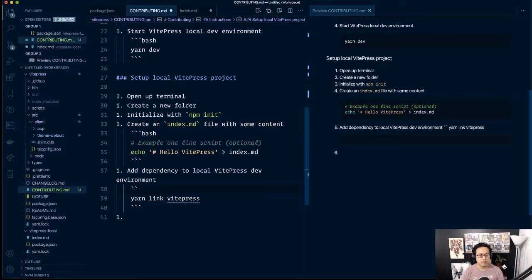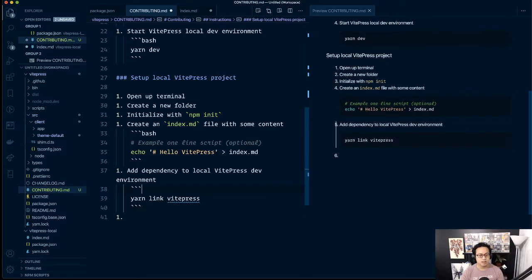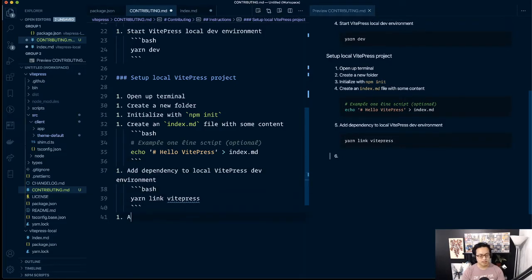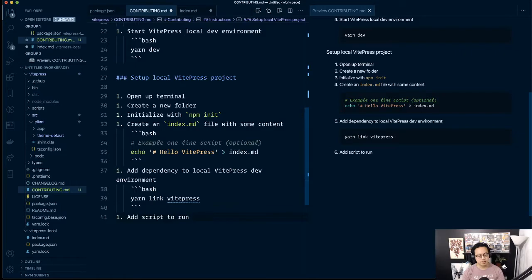Then add local dependency, yarn link VitePress. Great. Oh, that's right. Then add dev. Okay, add script to run. I guess add local dependency. They can add script to run VitePress